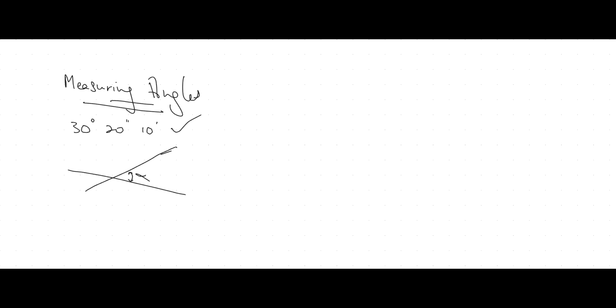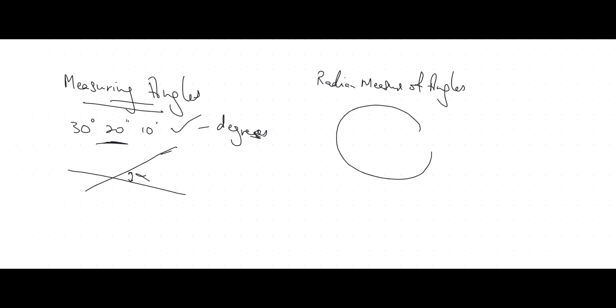And then after measuring angles in degrees, right, so we had this measuring angles in degrees. Oh, too many E's, right? There came the radian measure of angles, right? The radian measure of angles basically was defined this way. And if you have a,